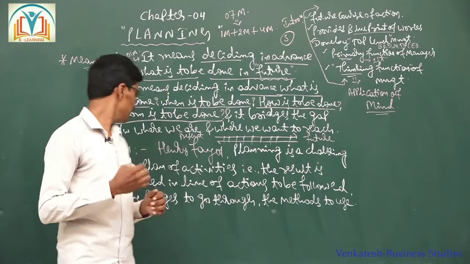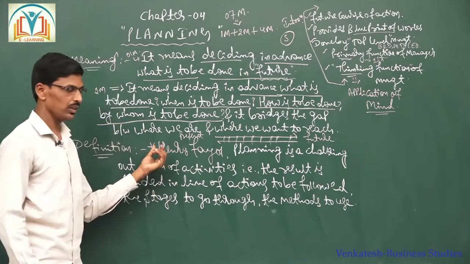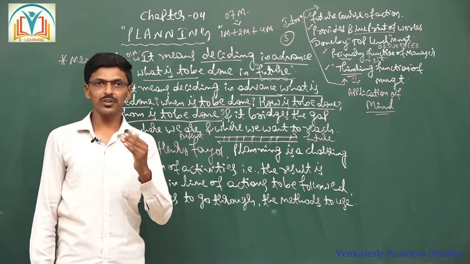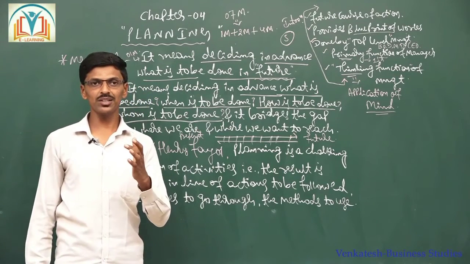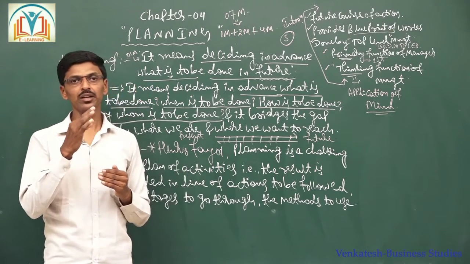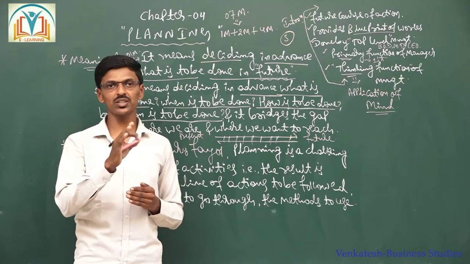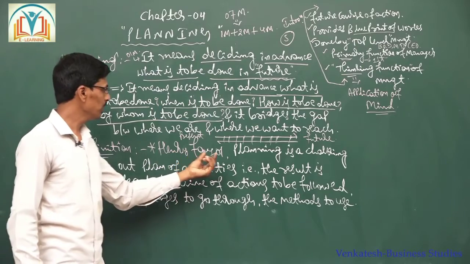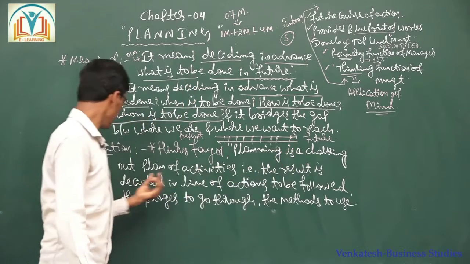The next definition of planning is in the words of Henry Fayol. So who is Henry Fayol? Henry Fayol is referred to as the father of general management. He introduced 14 principles which are effectively applicable to all kinds of organizations for improving the administration of the enterprise. That is why, in the words of Henry Fayol, start with double inverted comma, planning is a chalking out a plan of